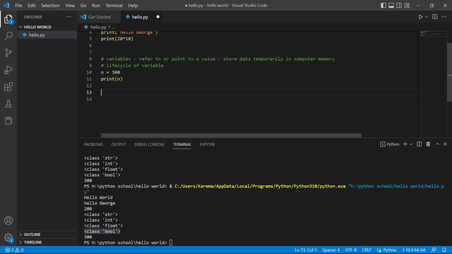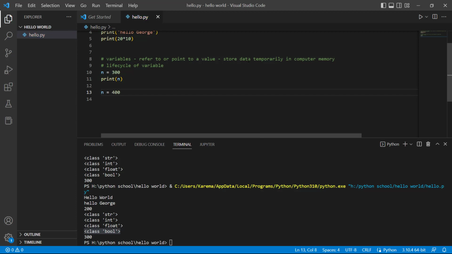The life cycle also ends when a value has no reference point, when a value does not have a variable. So if you have n equals 300 and then we change n to be equal to 400,